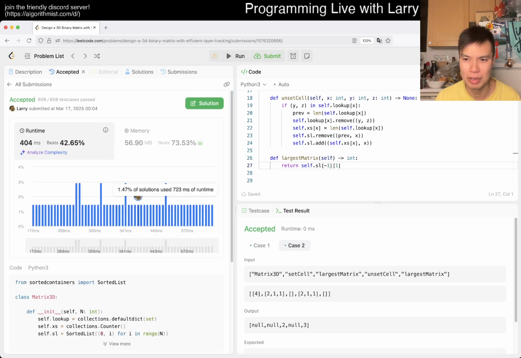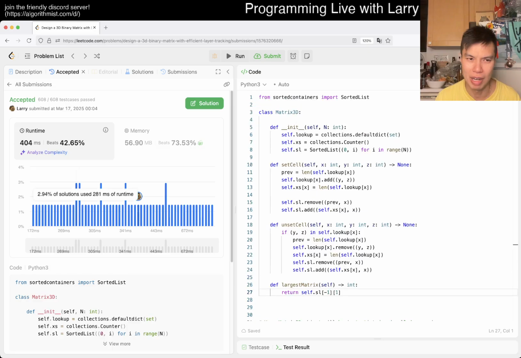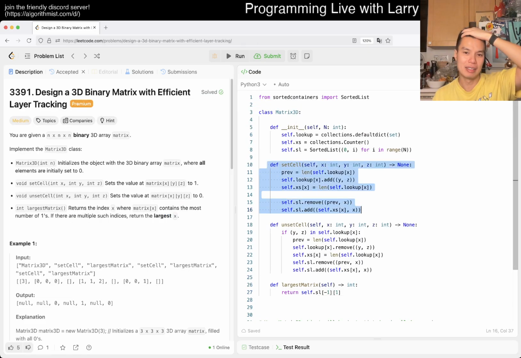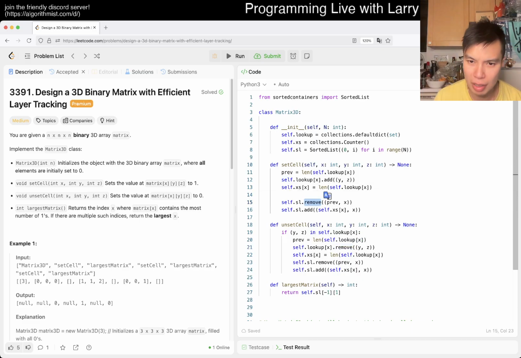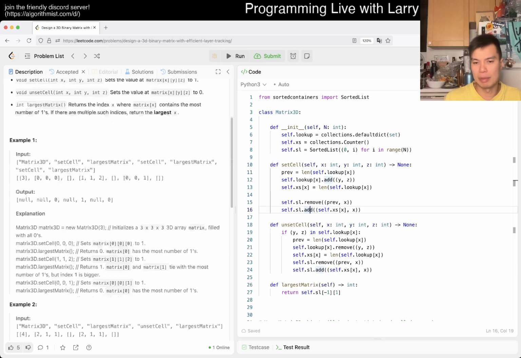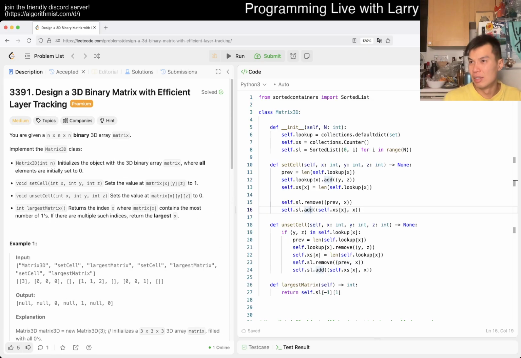Looks okay. I mean, a little bit slower, but I'm not really that worried about it. Complexity is fine-ish. Right, so on add and unset, this just has remove and add. That's going to be the most expensive part, add and remove on the sorted list, which is log n. N is not that big, but I guess the constant cost is a little bit high. And this is, I think, all. I don't know if this is O(1) or O(log n) in a sorted list, because for the biggest element, you can say that some data structure might have had it pre-cached or pre-set up, but unclear.